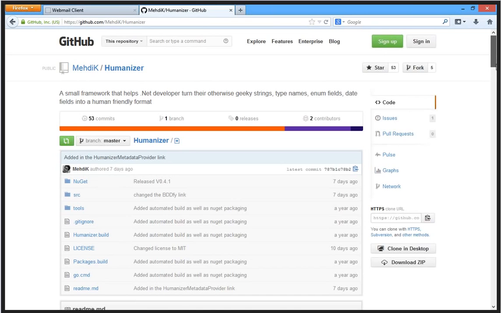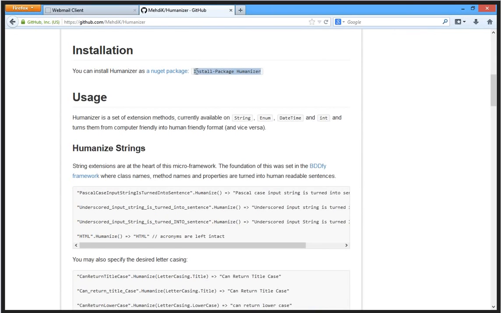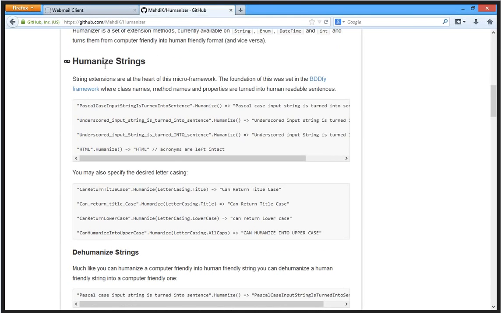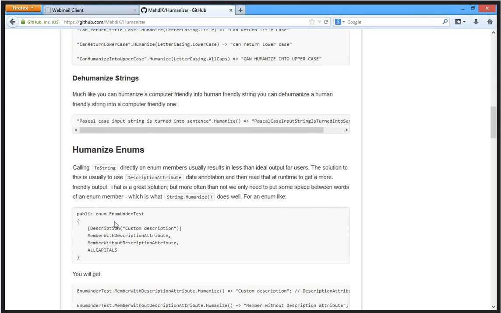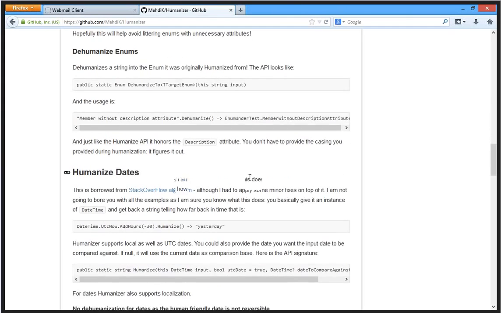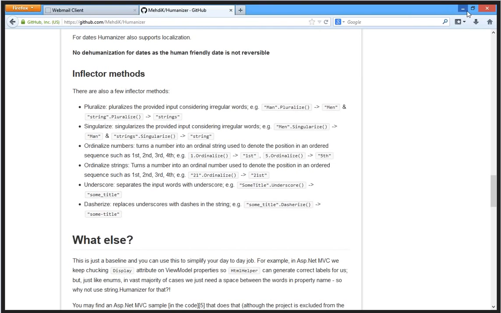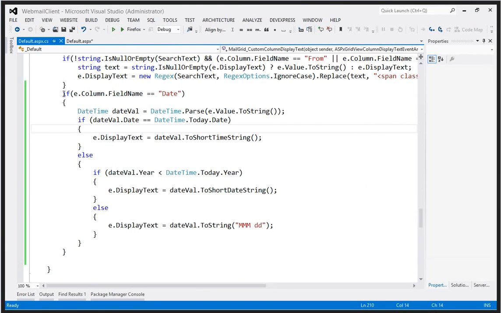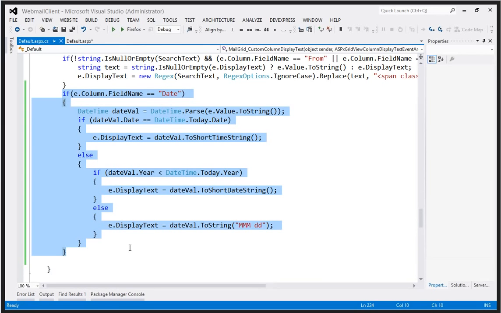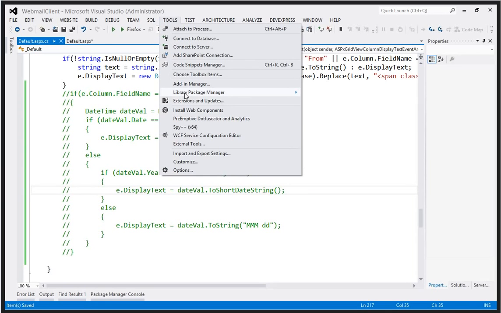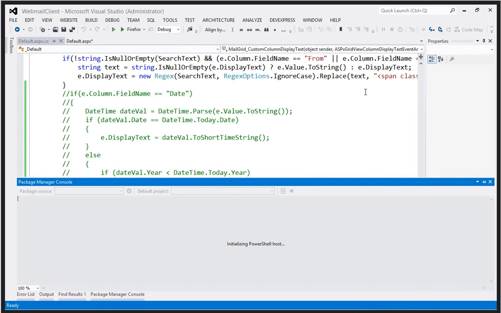So instead of writing all that code I've written, what we can do is simply call the install package for Humanizer. And what's great is it gives you extension methods for humanizing strings, humanizing enumerations, and even dates. It even gives you other approaches for doing metadata and so forth. All right, so let's see how easy this can be. I'm going to simply comment out this little bit of code here, bring up the console for NuGet, and while it initializes that PowerShell host,